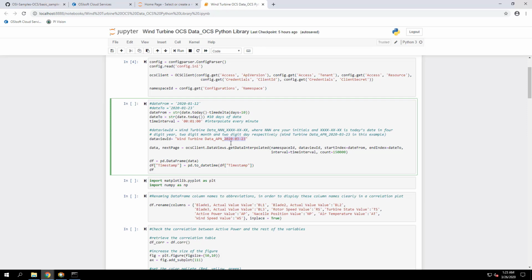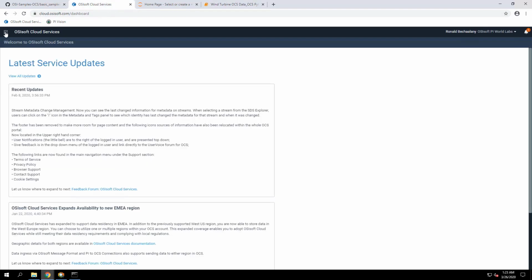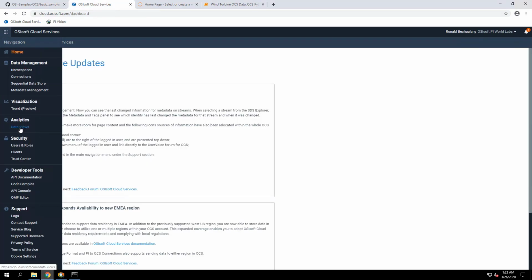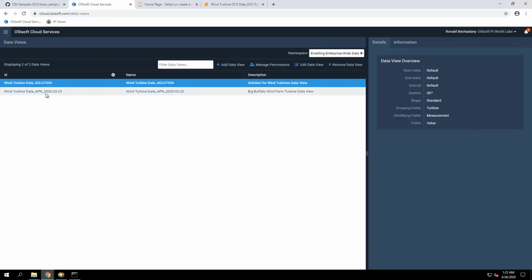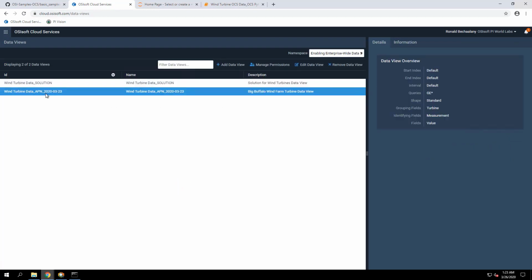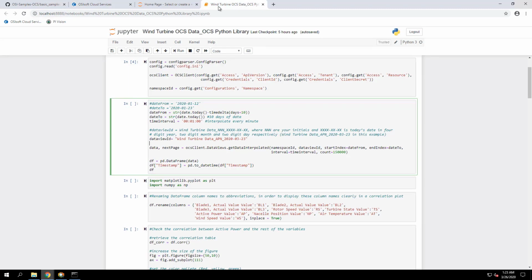So it's the 4-digit year, then the dash, then the 2-digit month number, then dash, then the 2-digit day number. Okay, and make sure that points to the data view you have created in the previous lessons. So if we go back here to OCS, if I access data views, make sure you find your data view here and then make sure you're pointing to it. Again, you should have created this in previous lessons.